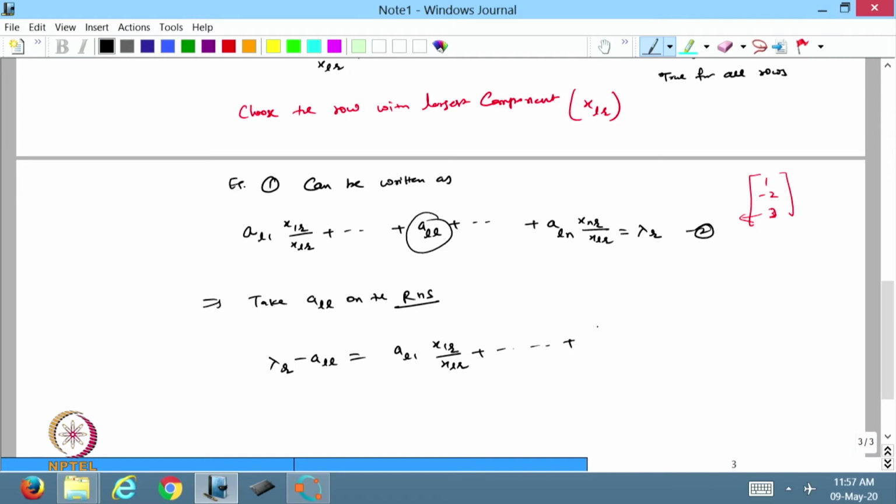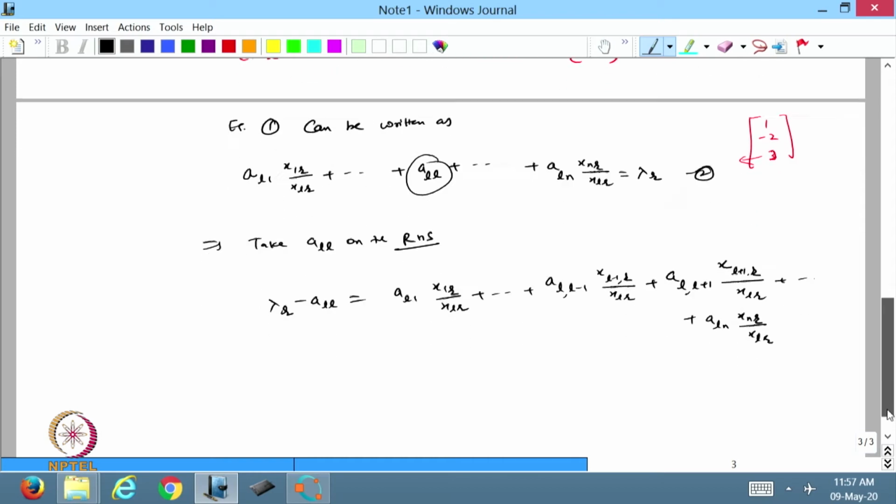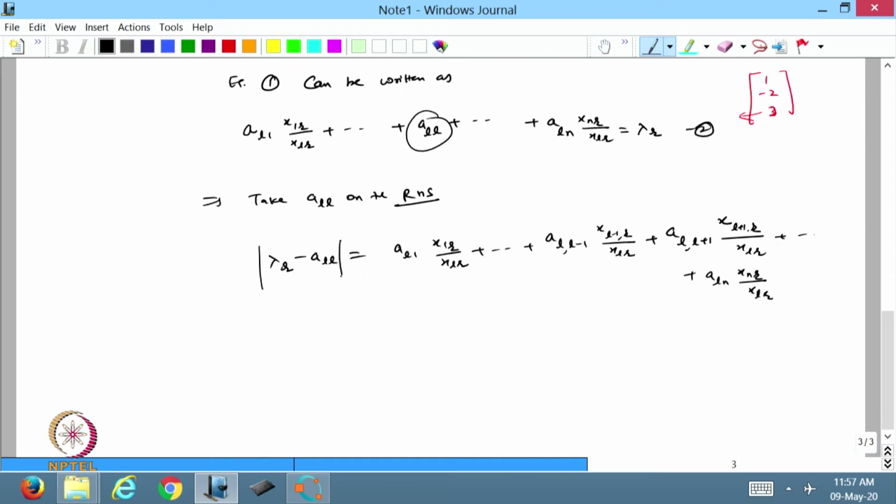plus a_l,l-1 x_{l-1}(r) over x_l(r) plus a_l,l+1 x_{l+1}(r) over x_l(r), and in the end we will get a_ln x_n(r) over x_l(r). So, this I will get. Now, after doing this, I take the modulus value,